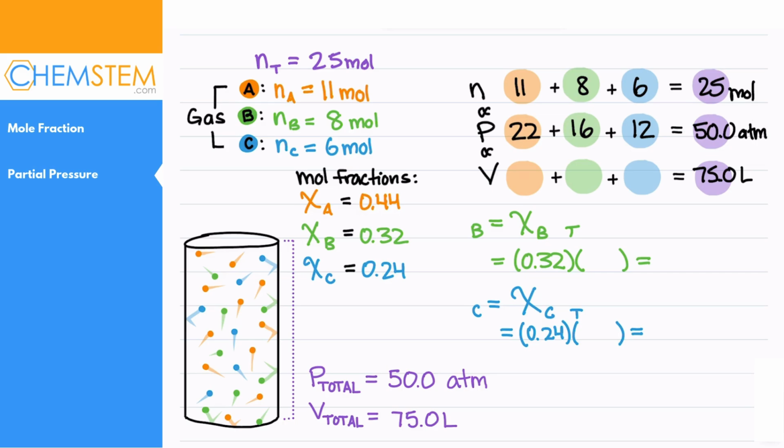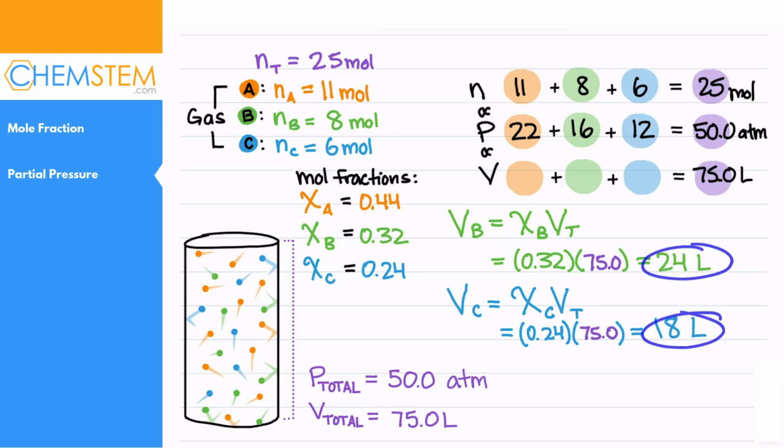So how would I go about calculating the partial volume for each? It would be done the same way, except I'd use the total volume. So the partial volume for B is equal to the mole fraction for B times the total volume. That would be 0.32 times the total volume of 75.0 liters. Then I'm going to fill in the rest of it. So we have our partial volumes, and I can add those to our table as well. It's going to be 24 liters for gas B, and 18 liters